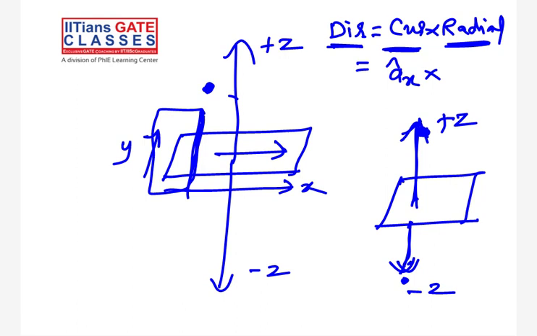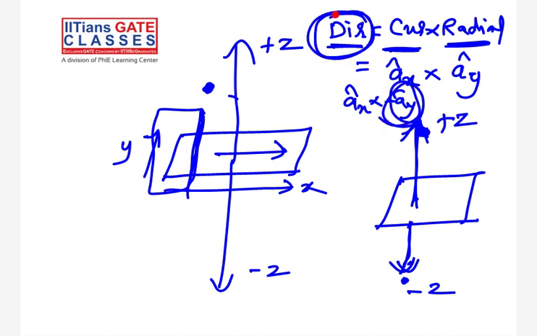So when you are moving on the top side, your radial direction is, let me say, plus AY. And when you are moving on the bottom side, your radial direction is minus AY. Because of this change in the radial direction, the magnetic field intensity also gets a negative sign. But suppose you consider two points on the top side, whatever the magnetic field intensity here and here, both remain the same, even in magnitude as well as the polarity.